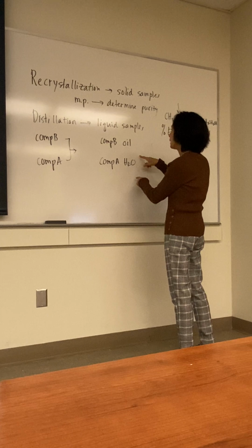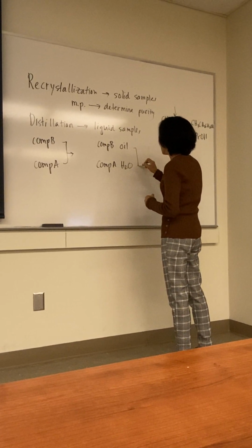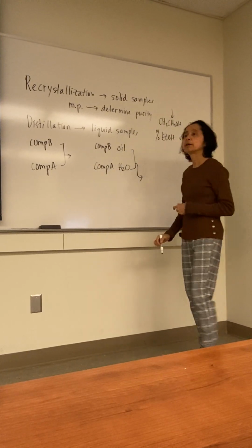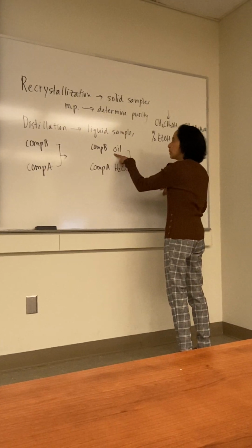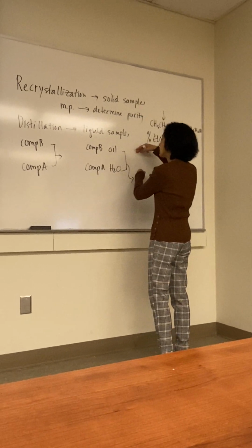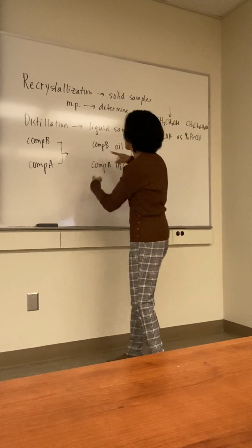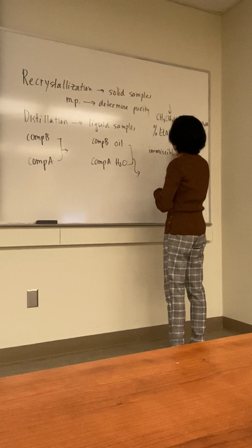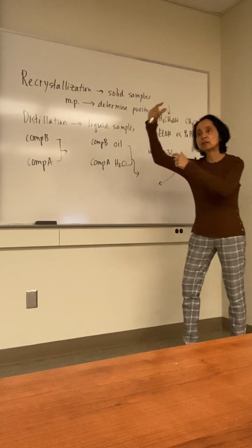So the boiling point of the mixture is going to be less than water. The boiling point of this is approaching water, but it's not in between. The boiling point of the oil is higher than the water, but the boiling point of the mixture is going to be lower than water. So there's a difference, because this is immiscible. Immiscible doesn't mix. The boiling point of this is going to be less. The other one is going to be in between because it's mixing.